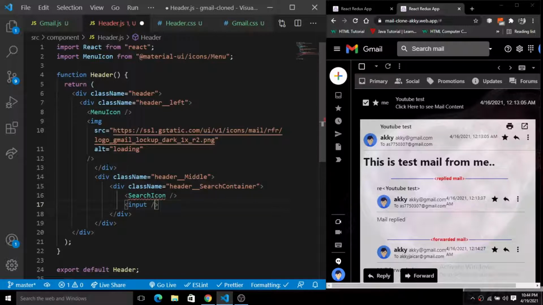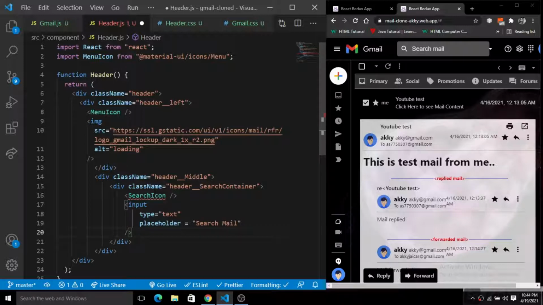So for this input field we have a type of text. So simply put the type to text, and next we'll simply put the placeholder. So simply placeholder will be search mail, search mail, right? So we have this input field for the search mail here, and the last one is arrow drop down.